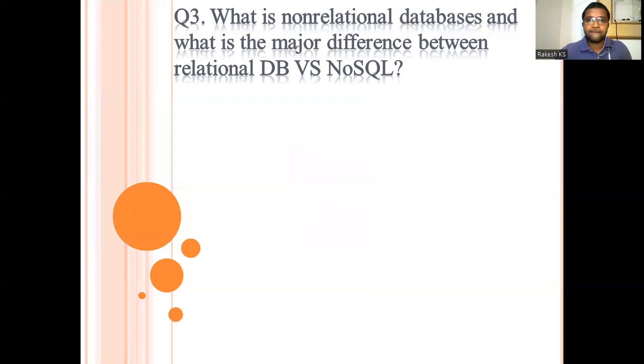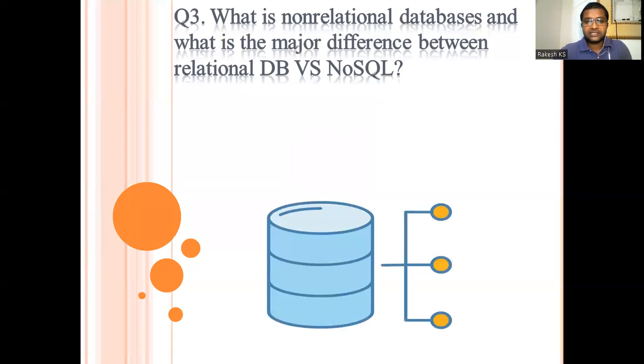Now we shall see the relational database. Relational databases are nothing but the traditional database where the data is stored in a table form, which has rows and columns. Most modern systems like MySQL, SQL Server, Oracle, Amazon, Red Hat systems, those kinds of systems, they use the relational database. The main difference between non-relational and relational databases is